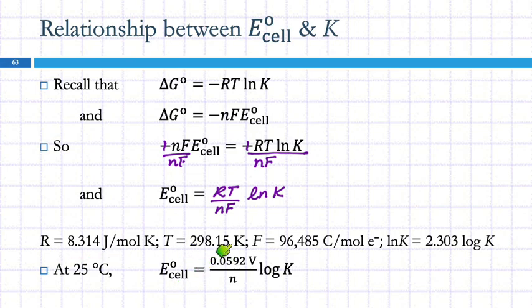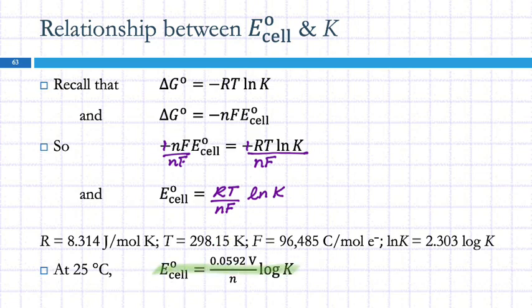Temperature, 298.15 Kelvin, that's standard temperature. Then we've got the Faraday constant. And then we're going to convert the natural log to base 10 log, because electrochemists prefer base 10 logs. So we end up with this equation,